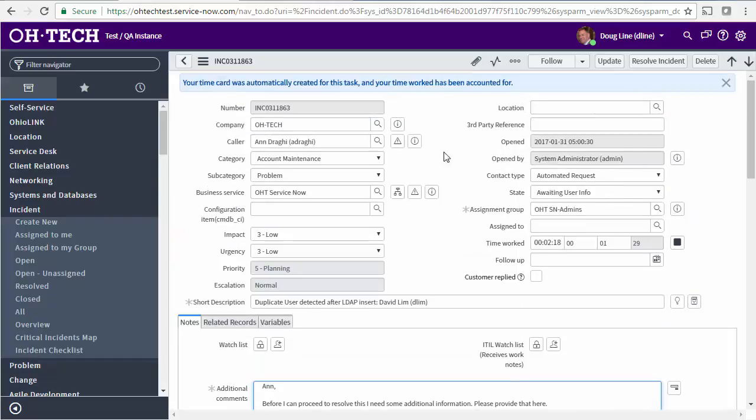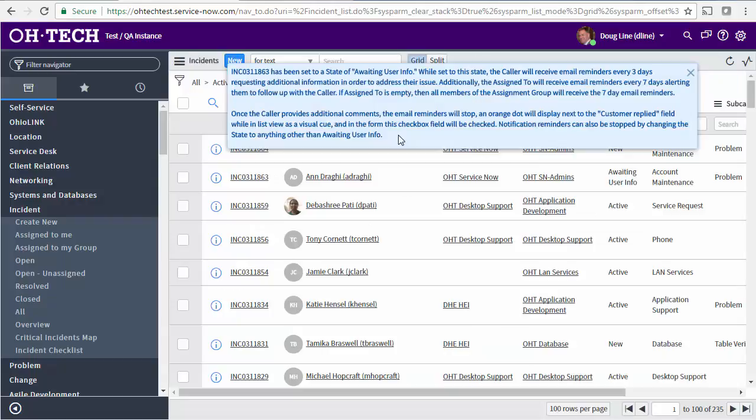I've set this to awaiting user info, and when I update this, you'll notice that we get a little blue box letting us know that this particular incident has been set to a state of awaiting user info, and it tells us what's going to happen. The caller is going to receive reminders every 3 days, and I, as the assigned to, will receive those email